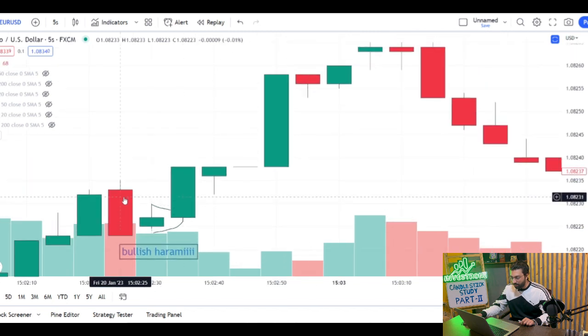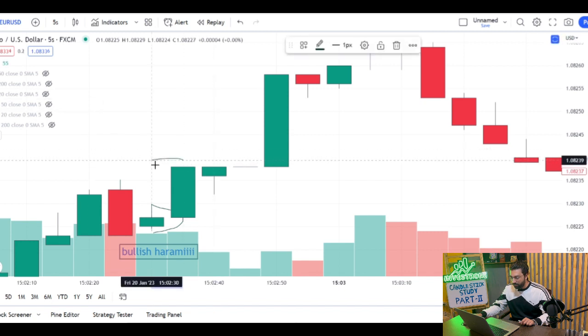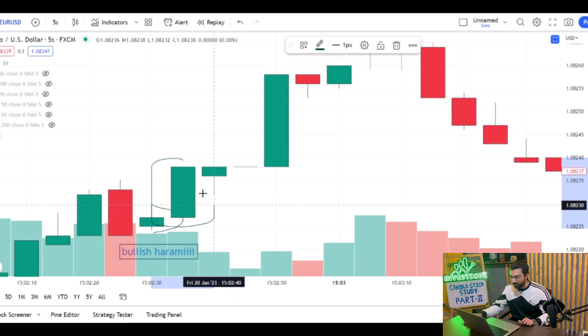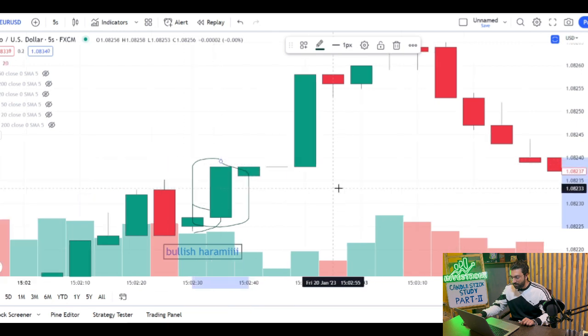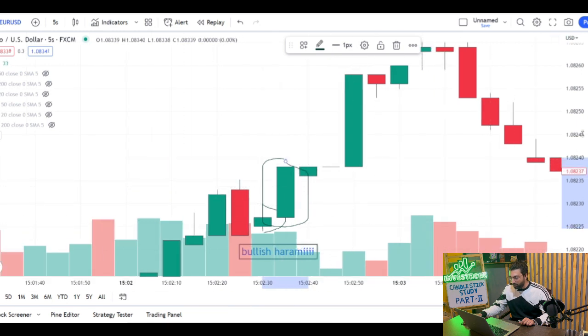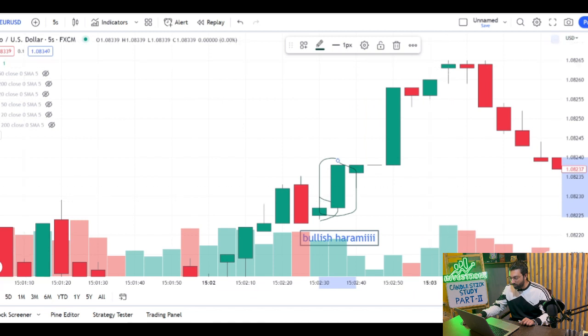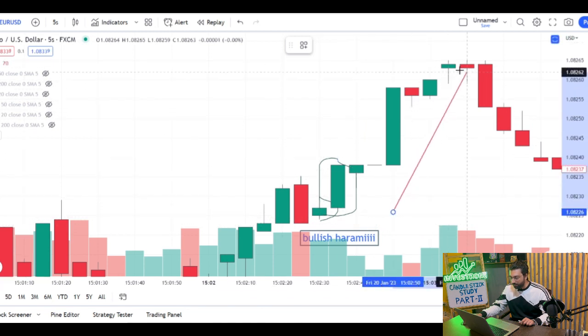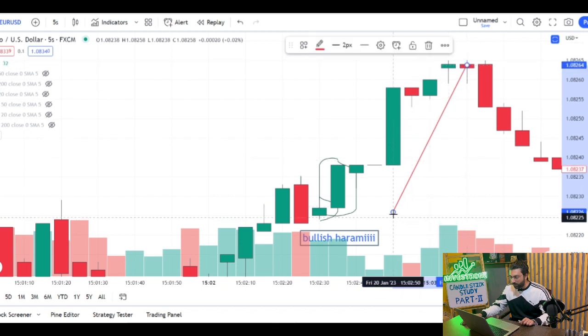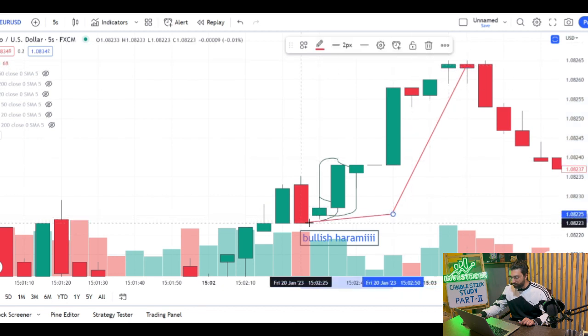After this candle there is a formation of another bullish candle, which will confirm that the market will turn up from this point. After that you can see the market move in an upward direction. After the confirmation, you can see if you take an entry from here,